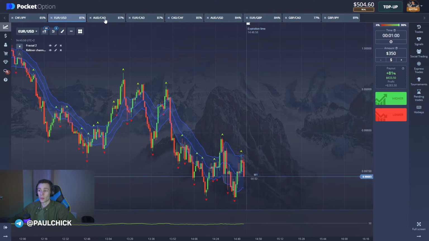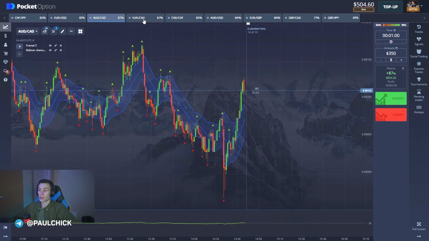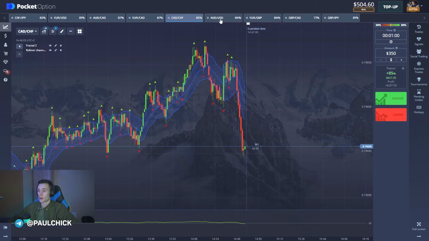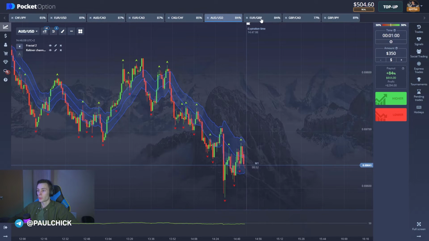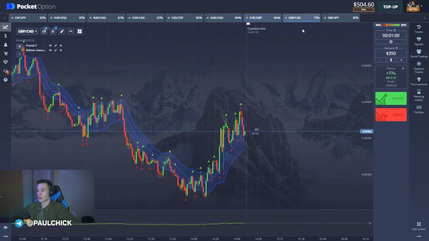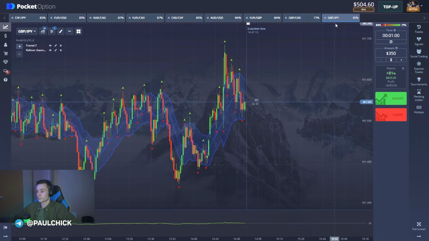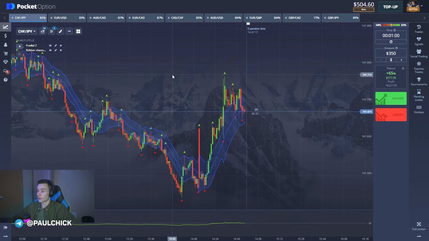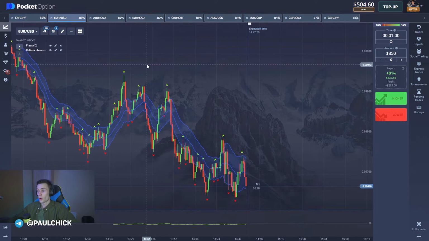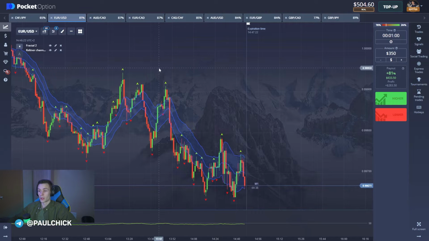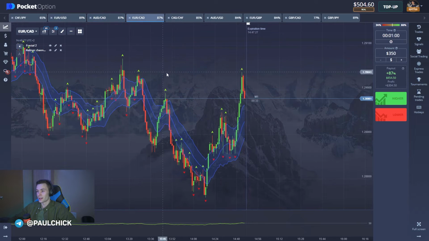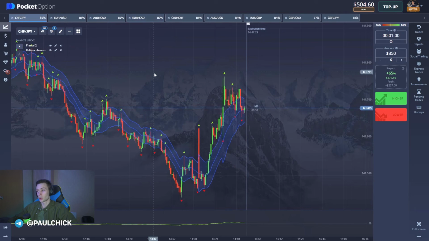We need to find the downward movement, and it should be lower than the level 50 on the RSI. And I'm gonna remove all the currency pairs that are above this level. And so now we can clearly see that the flat movement dominates on every currency pair. The moving average has the level 50 here, and we can conclude that the best option here is playing out the flat